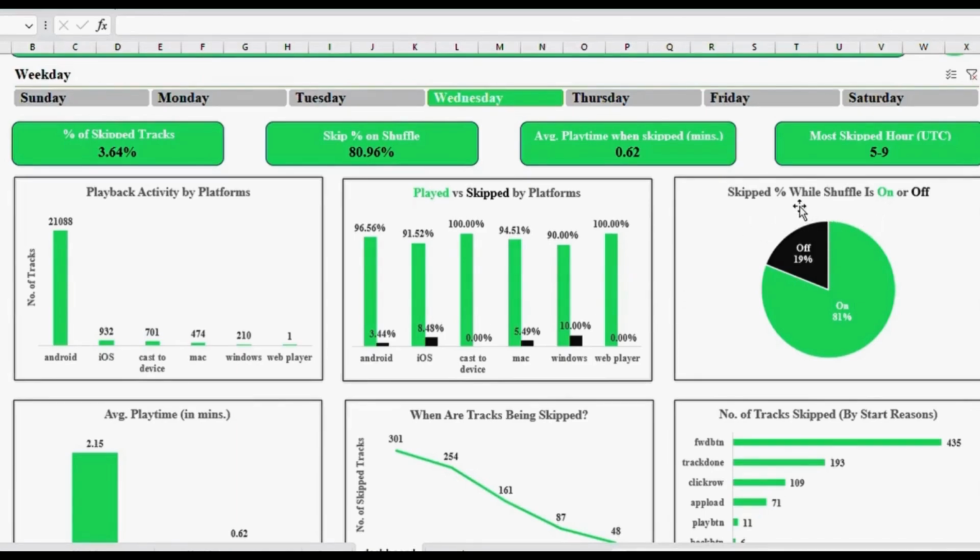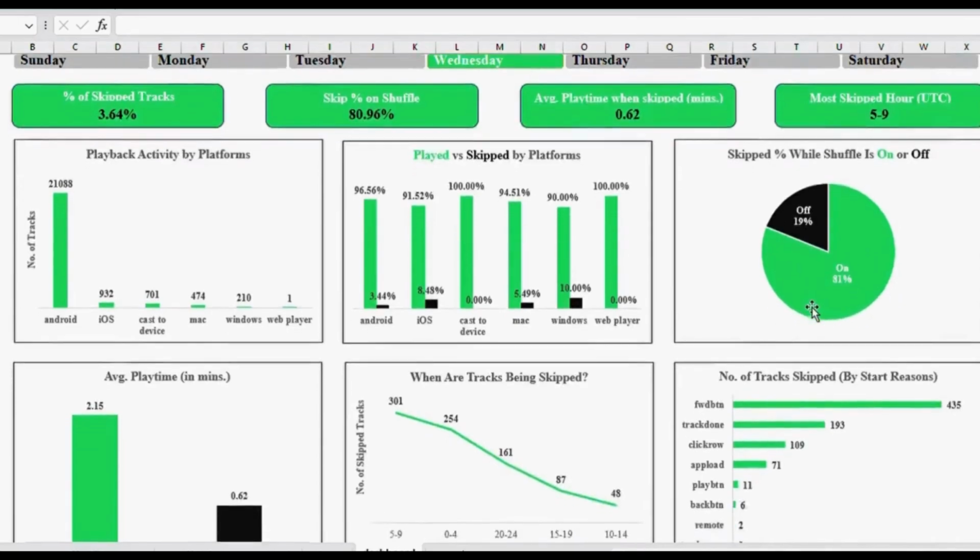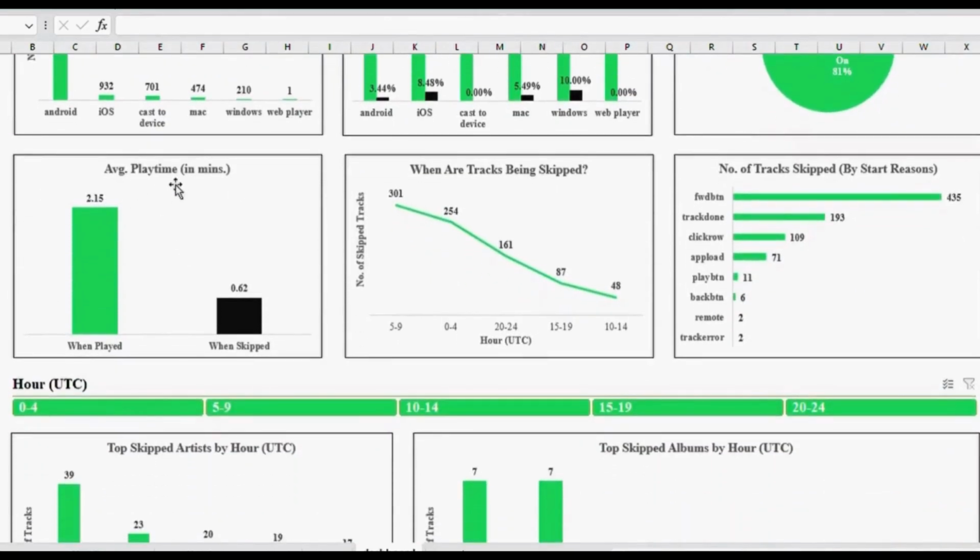The skip percentage while shuffle is on or off chart shows very clearly that shuffle is the biggest reason for skipping. The average playtime chart shows how quickly people decide whether to skip a track or to listen to it.